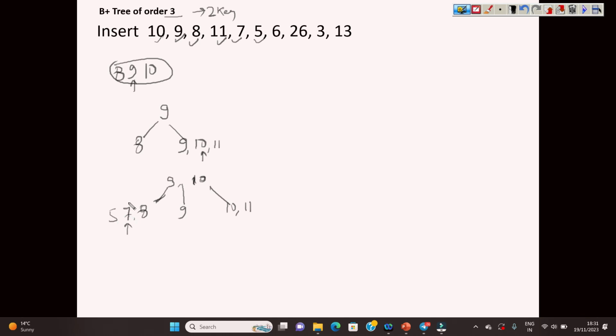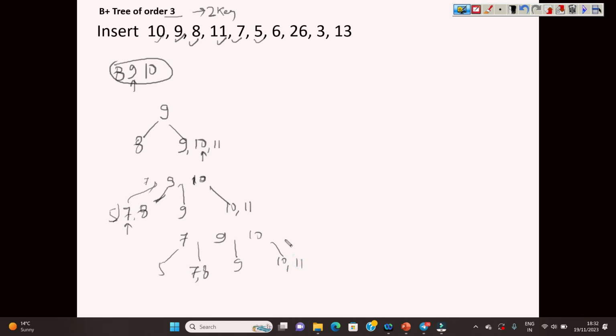Actually, when split from here, 7 needs to go up, and it will also create index 7 here and split this into two parts. So how does it look? It looks like this. You can see that this is 7, this is 5, this is 7, 8, and then we have 9 here. So you can make it like this, which is a better form. 9 is here. This is 9, and then we have 10, 10, 11.